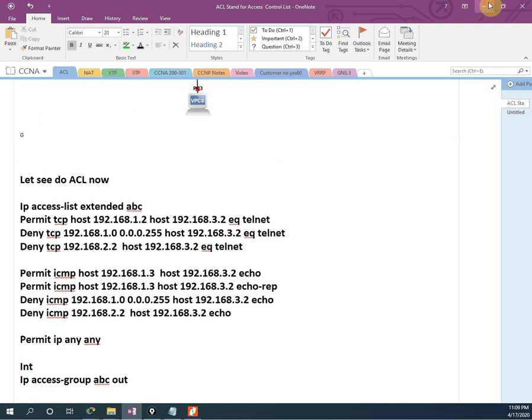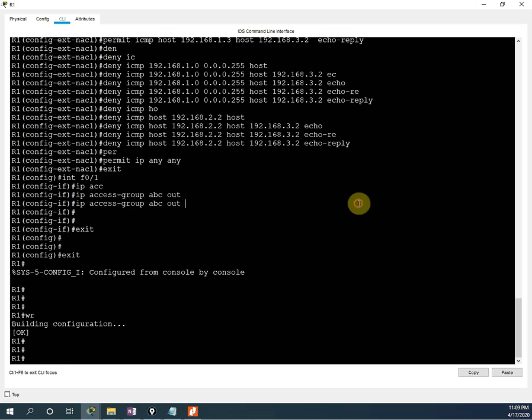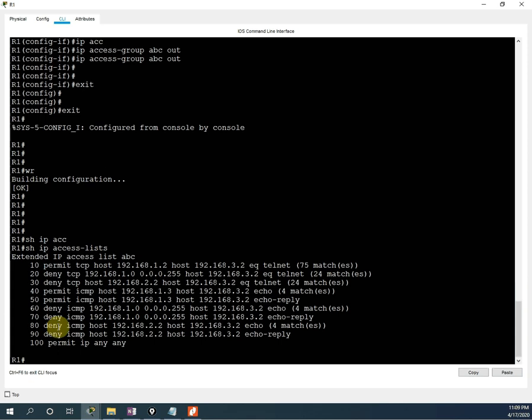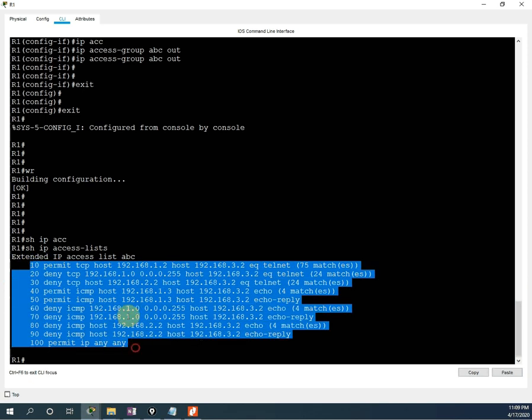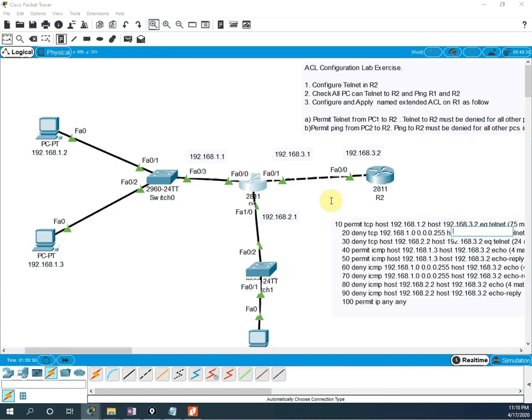Or if you want the configuration, we can go to that same router and write show ip access-list. See, this is the access list we applied. We can copy from here and paste it in Packet Tracer, so whenever you are doing this, you can have a look.